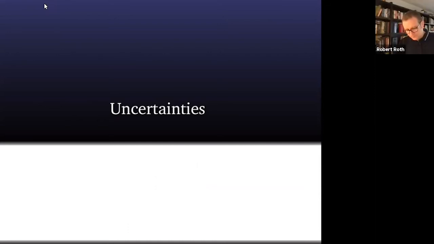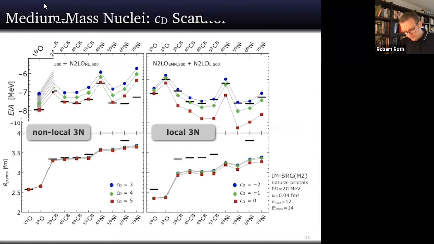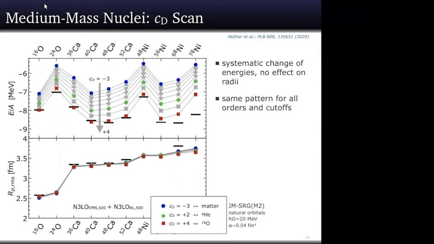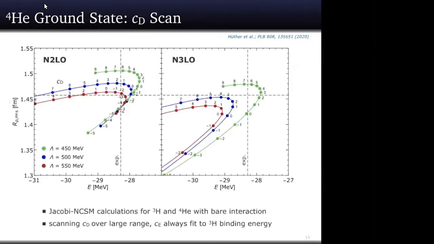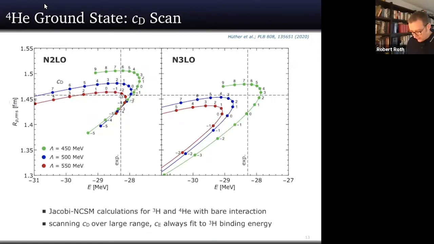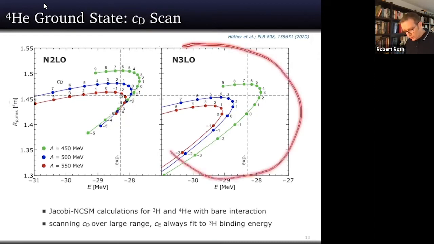Can you, when you showed your change, say with the CD in the heavy nuclei, can you go back and show what is the effect of this going from -3 to +4, say in the 3-body sector? You already showed that, but if you can go back now and illustrate here. Yes, good point. Thank you. So this is a plot which we have to look at for the helium-4 system.